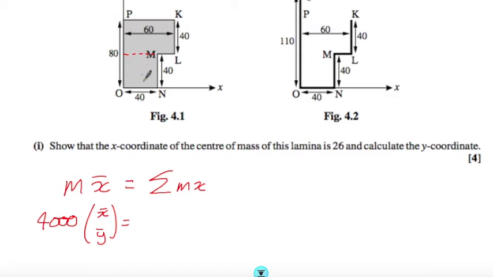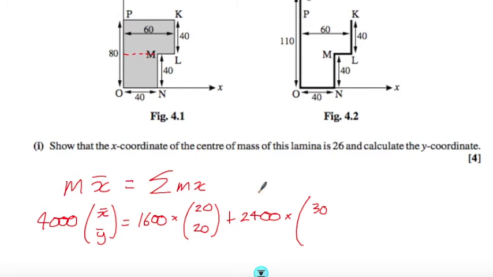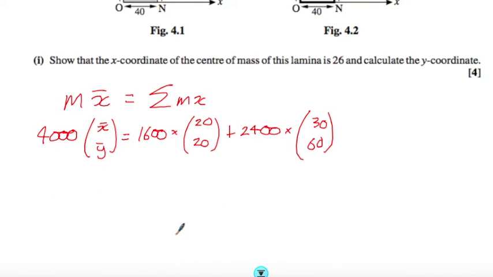Now we split it into 2 parts. So our first one's going to have a mass of 40 times 40, and that's got a centre of mass of 20, 20. The piece above is going to have mass 2,400, and its centre will be 30 on the x, and then it's gone up 40 plus another 20, which is 60. So if we times that all out,